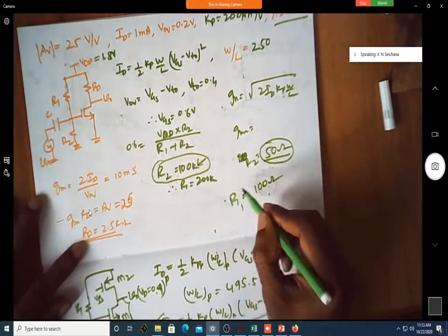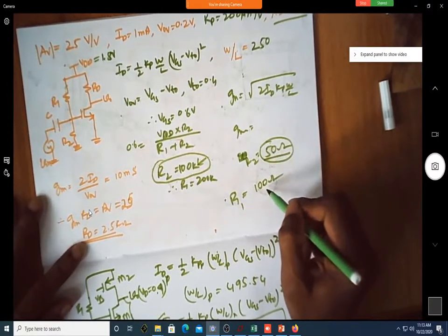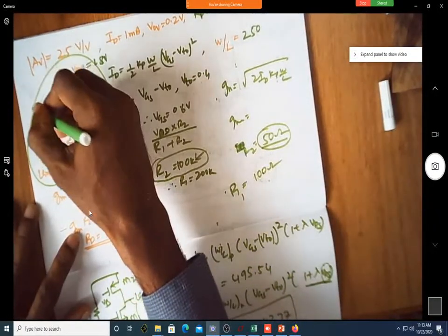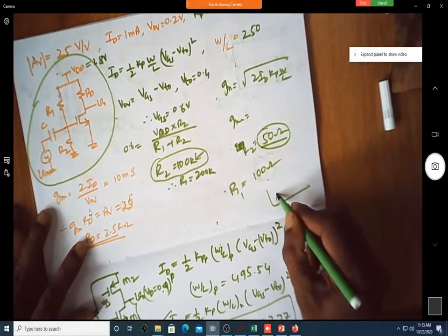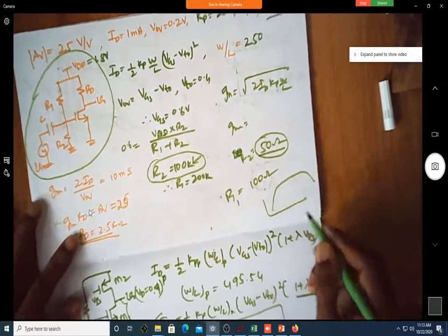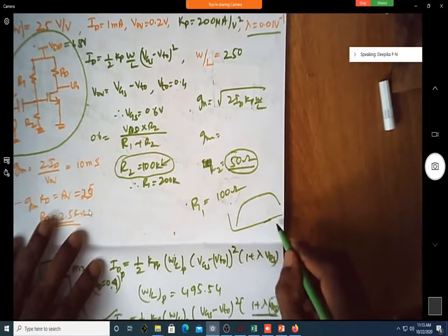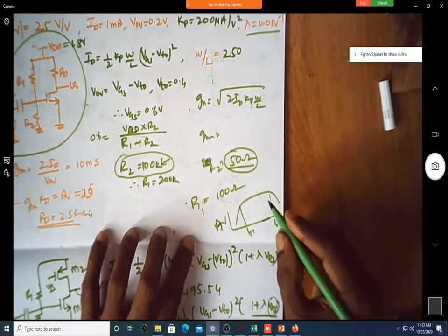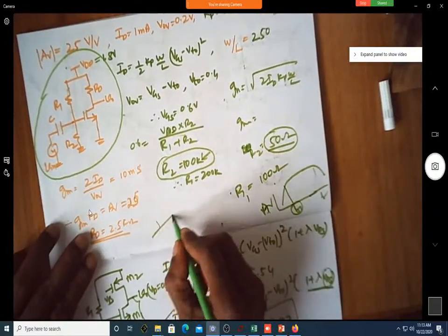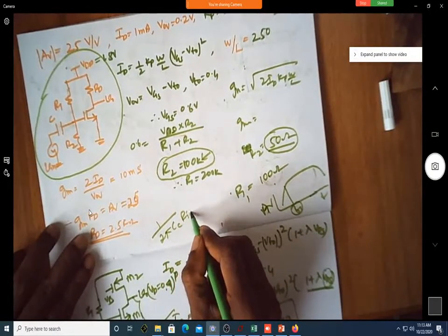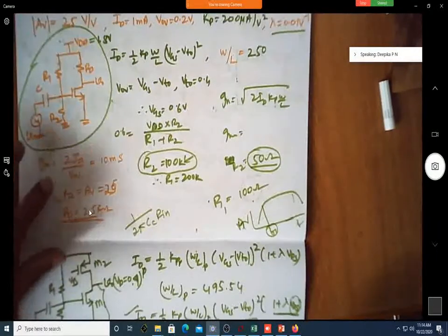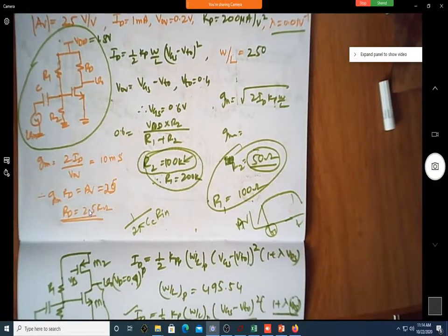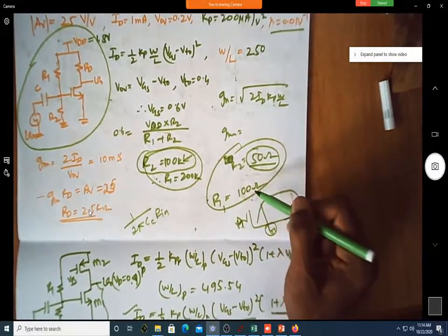Now, the impact of R2 as 50 ohm and this as 100 ohm: using this amplifier, you are supposed to get a frequency response also. Is the frequency response something like this? Now this is frequency, this is gain. You have this as AV, F1, F2, F3. What is F1? Is it not 1 over 2 pi Cc into R in? Give me what is R in for this value of R1, R2. R in is nothing but the parallel combination of R1, R2.